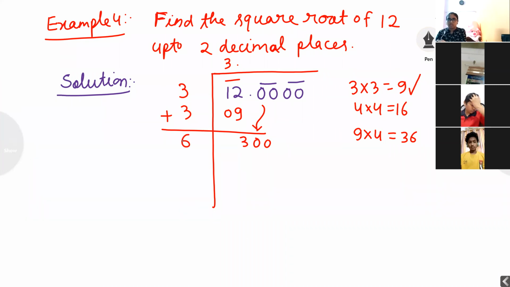Okay. Now in this 6, which number do I want to multiply? That number will be less than or equal to 30. If I multiply 6 into 4, 24. 6 into 5, 30. Yeah, 5 I can take. If I take 5, a carry also will come, that's why we will never take this value. We'll take this value. Okay. Now I want to write 5 here, 5 down, and 5 up.